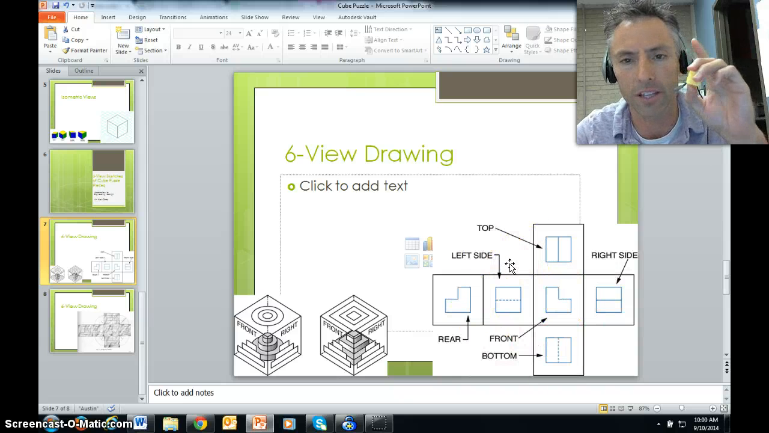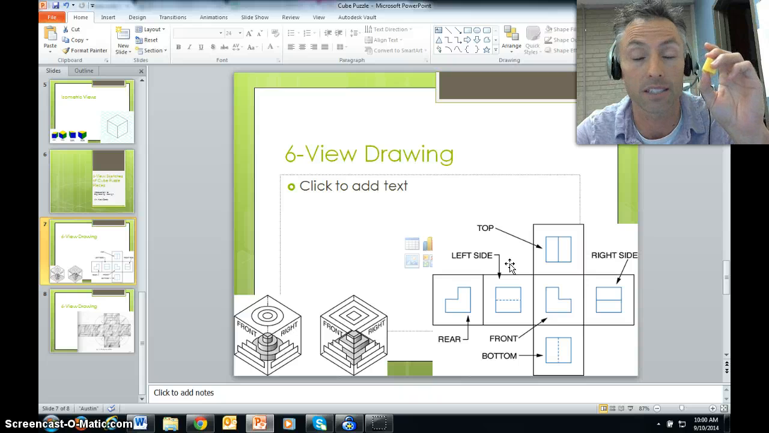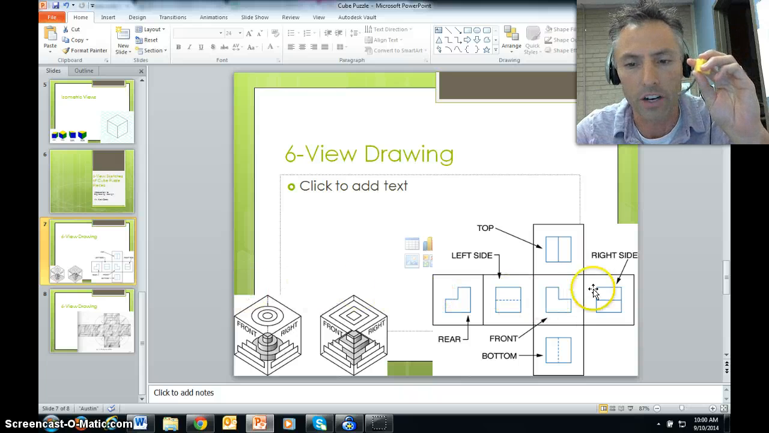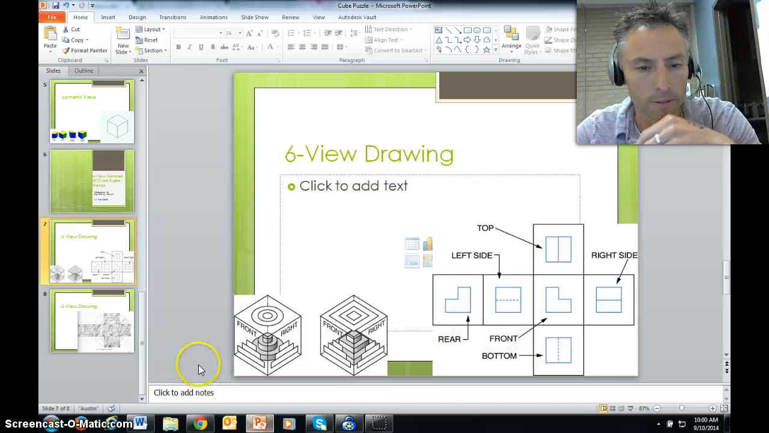So your task for this is the second set of 10 points. It brings the project up to 20 points. Is to create a front, top, bottom, left, right, and rear view of each of your 5 or 6 pieces that you're making for the cube project. Okay, it's very important that we look at multiple views